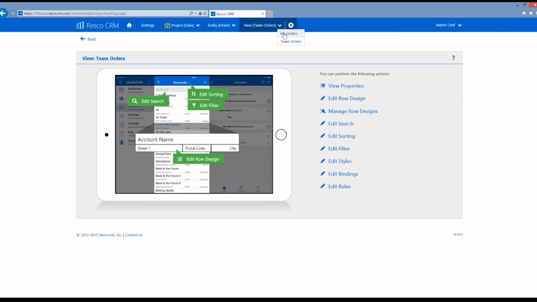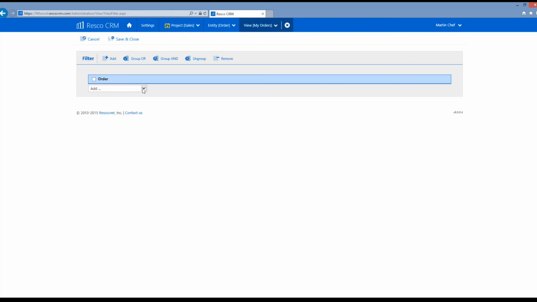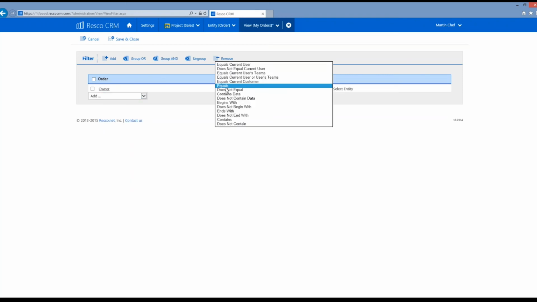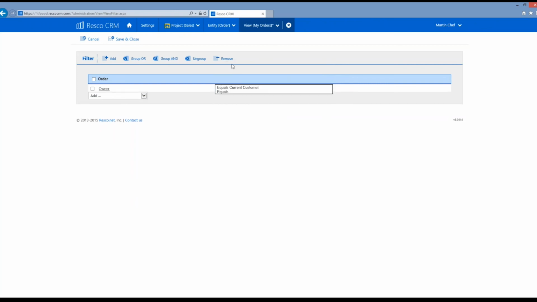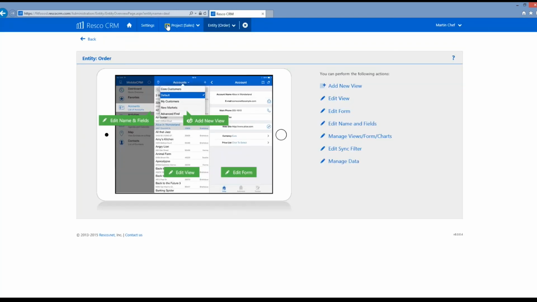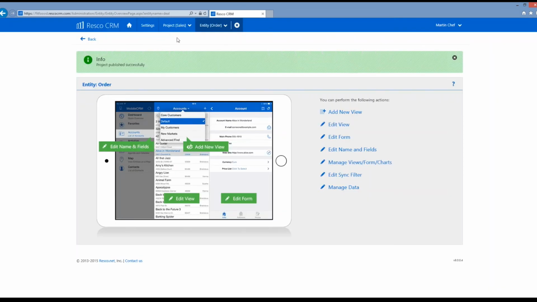I can edit the second view that will show only the user's orders, not the user's team orders. So I again click on Edit Filter and add the condition owner equals current user. I save and close the changes, publish the data,